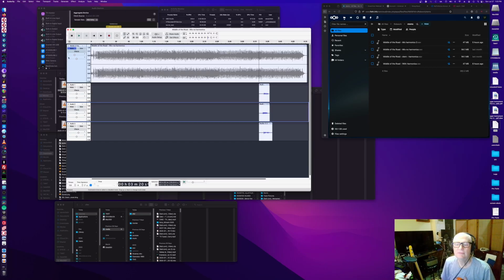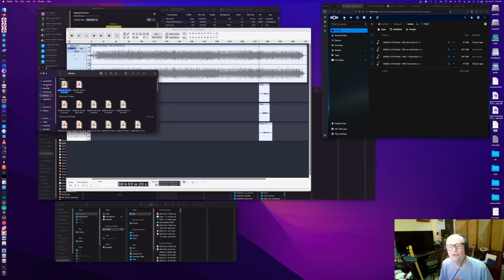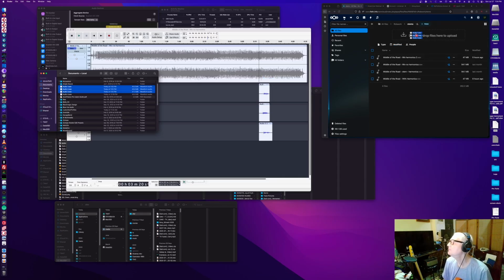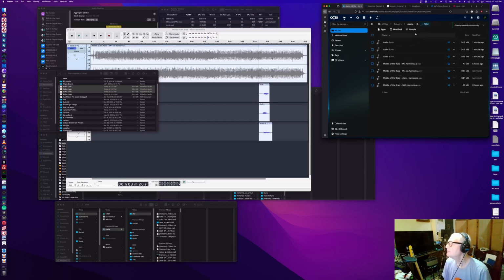And then if you go to your documents, you're going to see these are the ones that I just recorded, 1, 2, 3. So you would select those 3, and in your stem folder or whatever, I'm going to drag these up into the browser, and then ding ding ding ding, it's created these 3